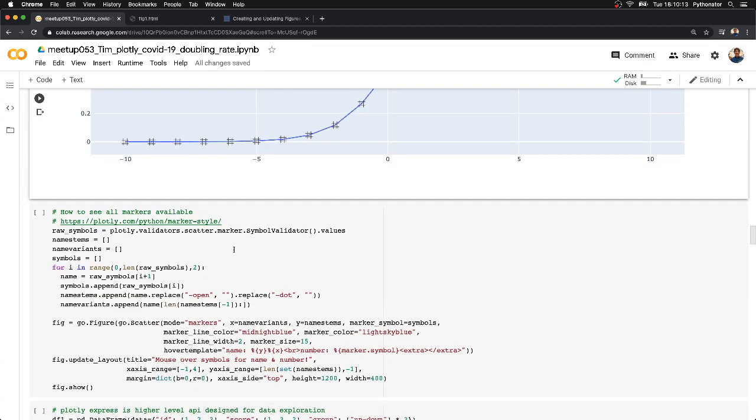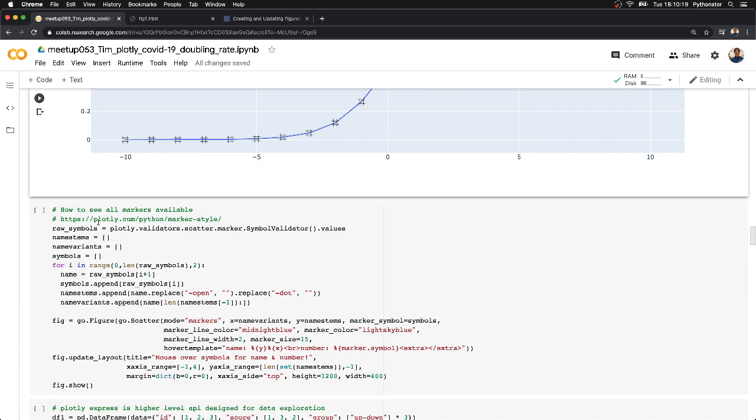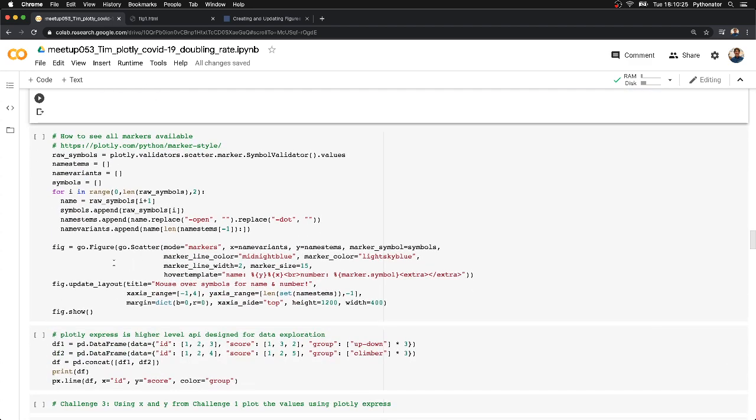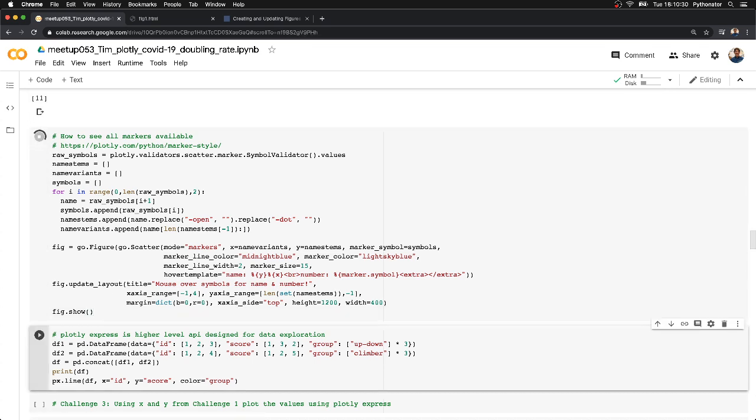Okay, so we run that, and we see that there's the hash dot marker that we're using. What are the markers that are available? Now I love this example that they provide at plotly.com. They actually create a graph themselves that shows all the different markers. So if I run that,